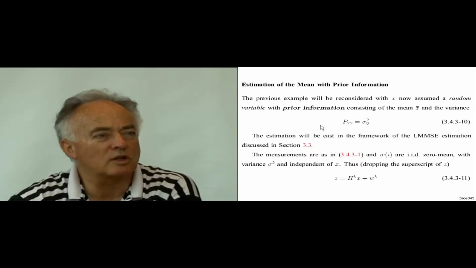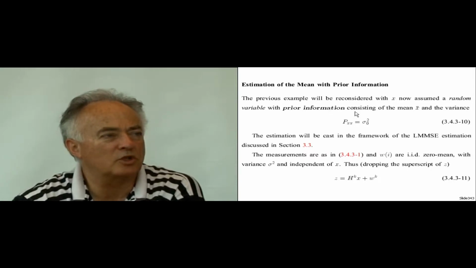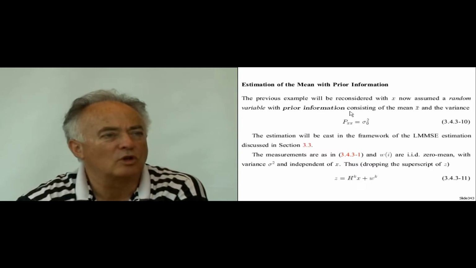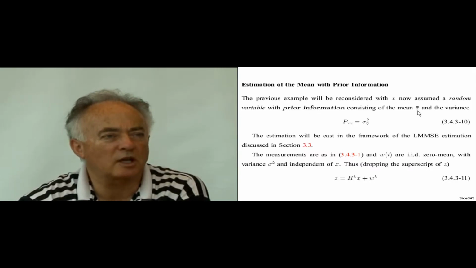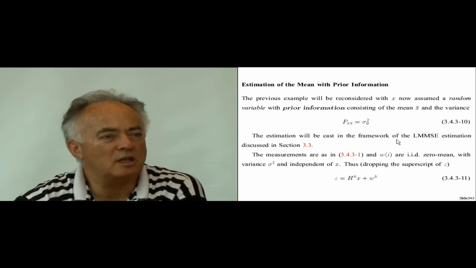So now we change our model. X is assumed a random variable which has a prior information consisting of a mean x bar and the variance sigma 0 square. We'll cast this problem into the framework of the linear minimum mean square error estimation,